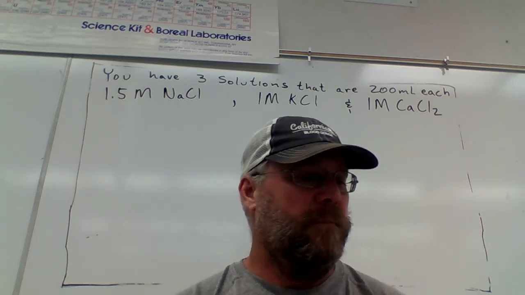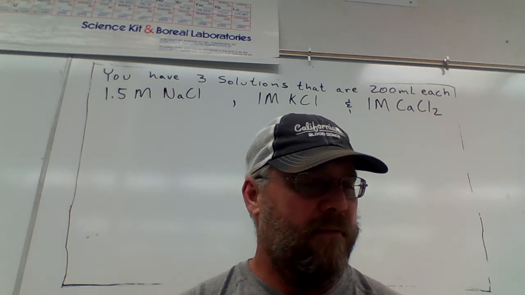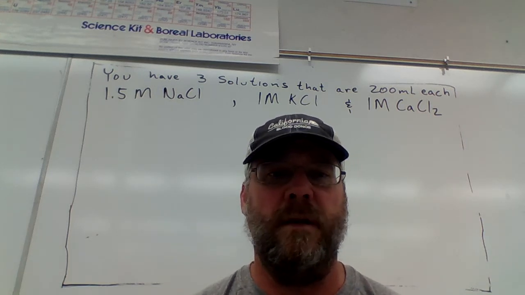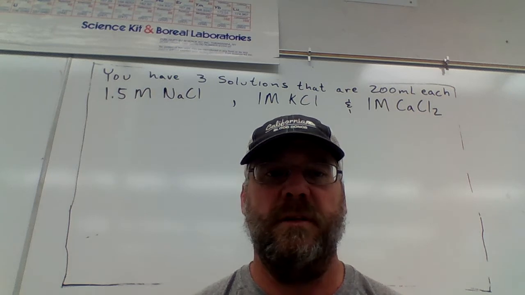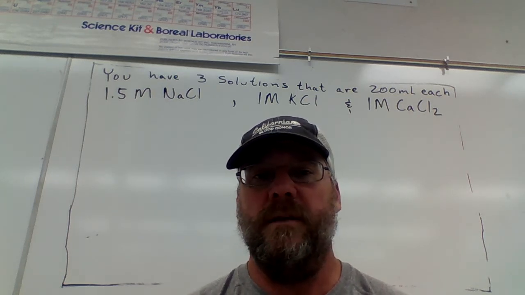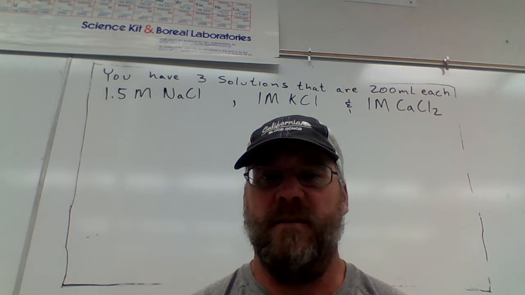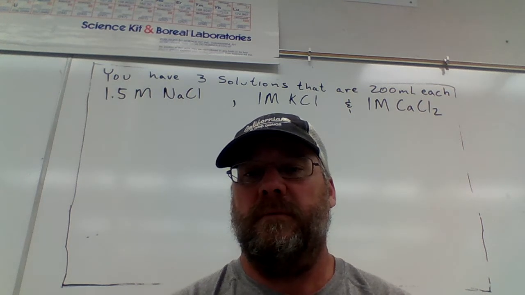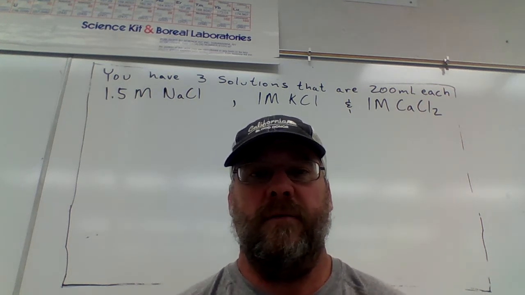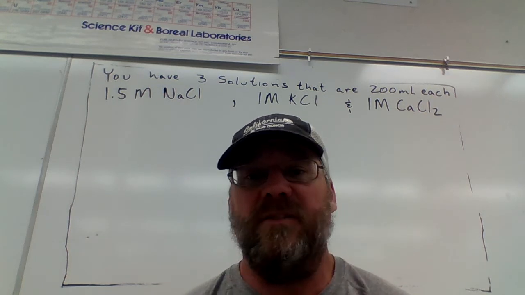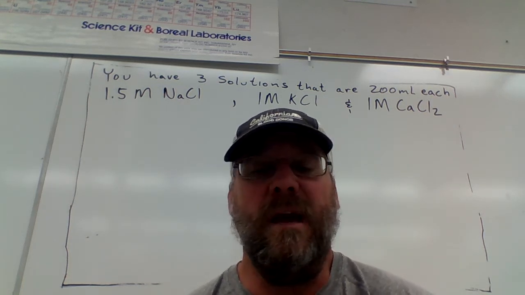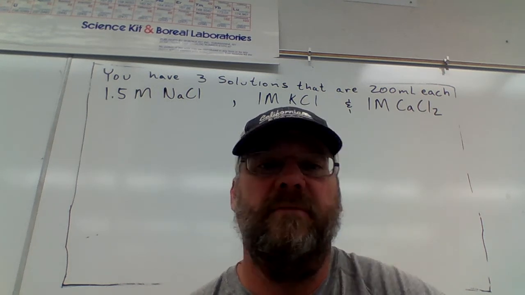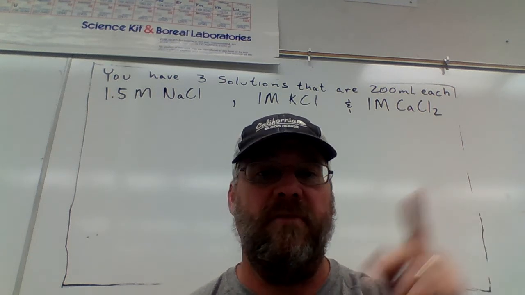So the check-in question then is, you have 3 aqueous solutions that are 200 milliliters each. One is a sodium chloride solution that is 1.5 molar. One is a 1 molar solution of potassium chloride, and one is a 1 molar solution of calcium chloride. Well, the way I look at this problem is that we've got 200 milliliters of each. So with equal volumes, basically all we have to worry about is comparatively,